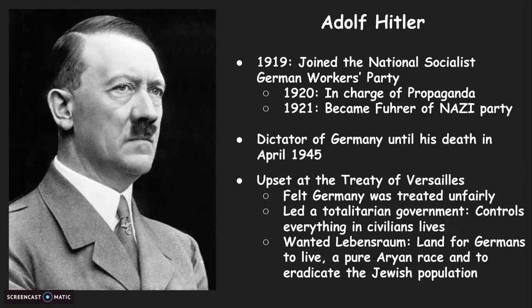Okay, the totalitarian type of government basically means that the Nazi Party will rule and control everything for the good of the country, even the lives of the citizens, and that's usually through fear. Okay, that's definitely how Hitler does it. He does it through fear.